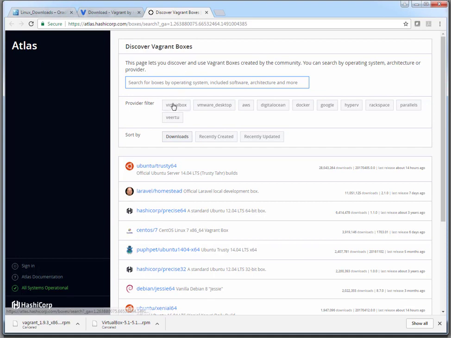You can see on screen there are different providers: VirtualBox, VMware, AWS, DigitalOcean, Docker, Google, Hyper-V, Rackspace, Parallels, and V2. Depending upon your provider, because we are using VirtualBox, I will select VirtualBox here. It will list out all the images which are supported on VirtualBox. Supported means which are provided by HashiCorp or the Atlas repository. You can also create your own repository, as well as your own version of an image. That's again separate, but for this demo I'm going to download one